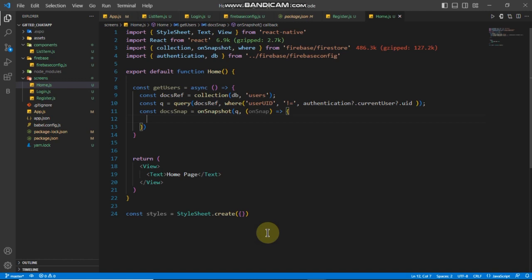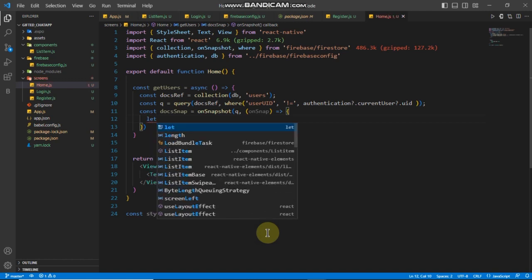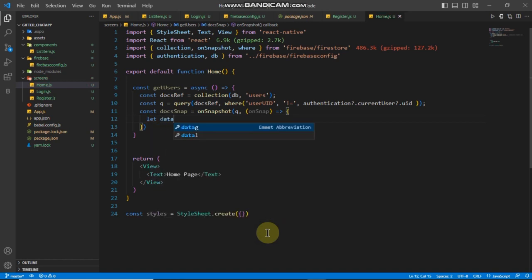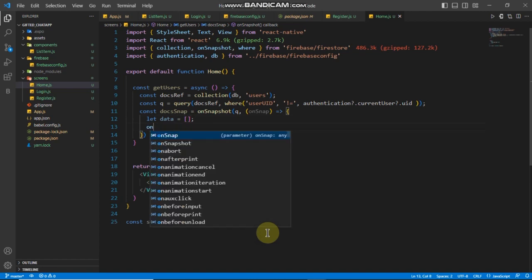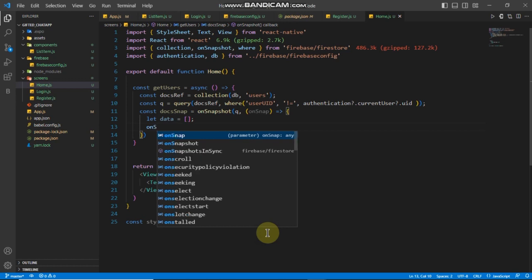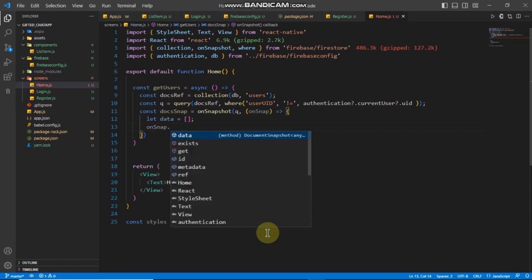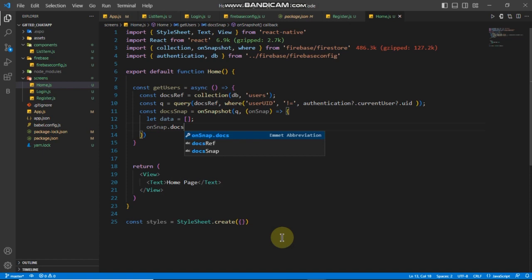So let's just say let data equal to an empty array at first, then we'll call onSnap docs,